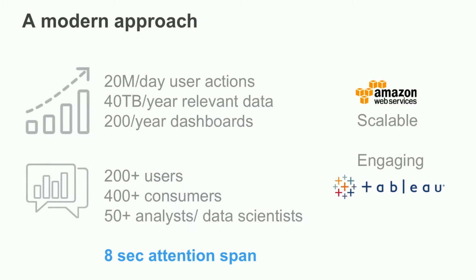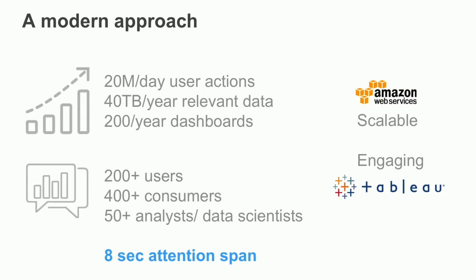The big problem: we have a lot of data. We have a lot of user action. A lot of people come to our website. 4 terabytes of data. We had everything in Redshift. But again, in terms of democratizing it, we were not able to get people to use it as much as we wanted to. We have a lot of dashboards, and I'll talk more about dashboards soon. But we had a big problem.